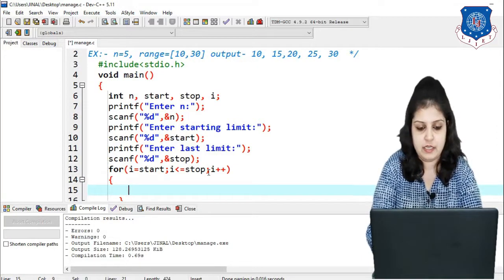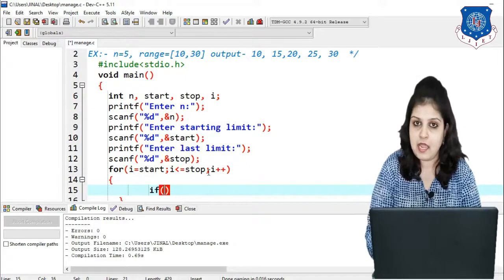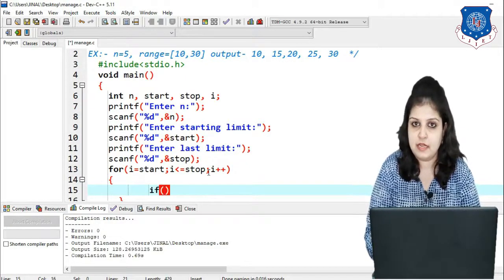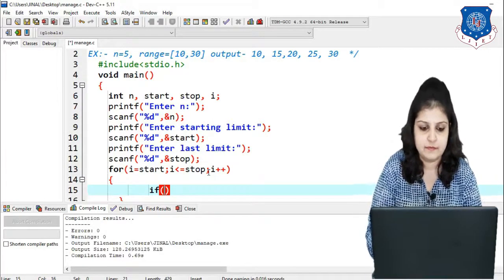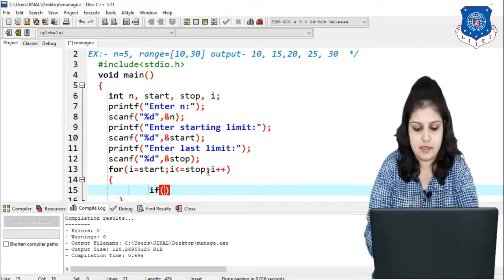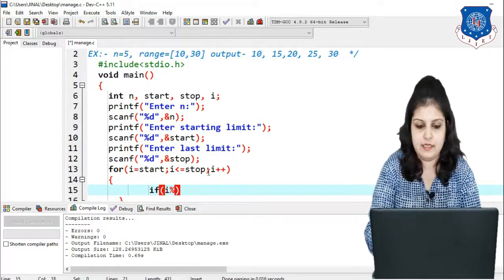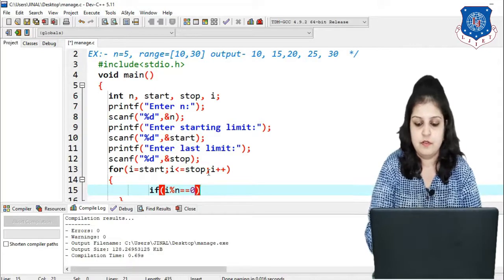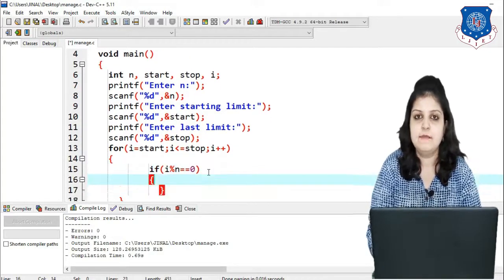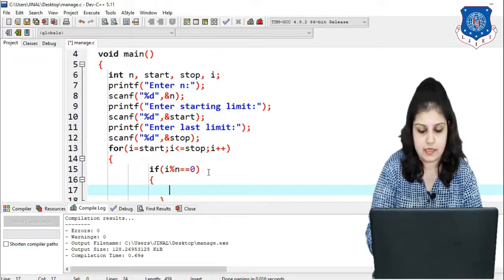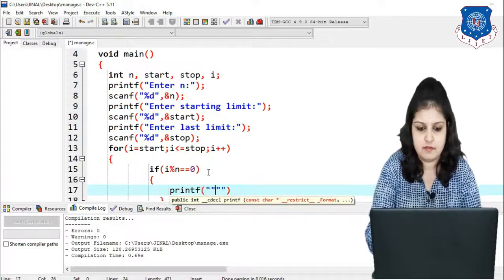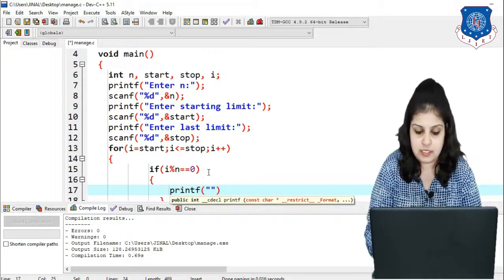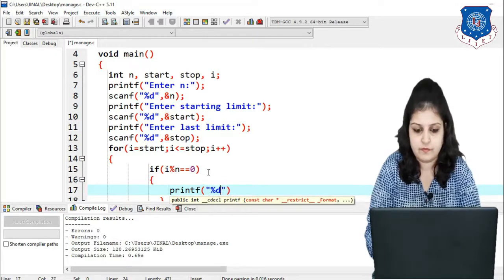I am writing if our I is divisible by our n value, then just print the value of that particular I. So if I modulo n is equal to 0, then simply print the value of I. So I am writing printf %d, comma I.